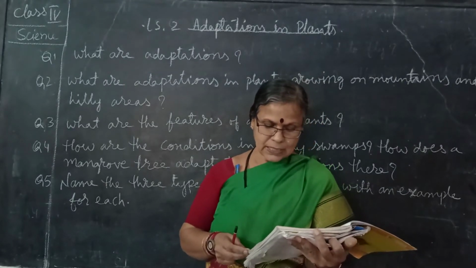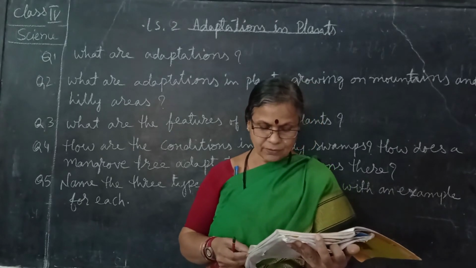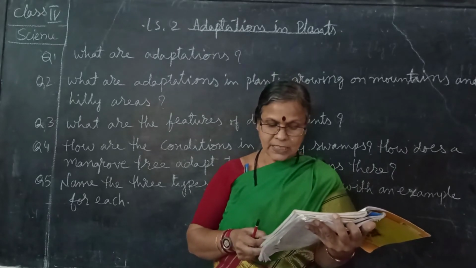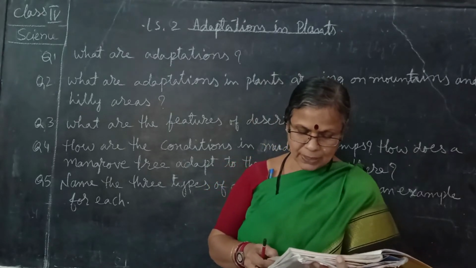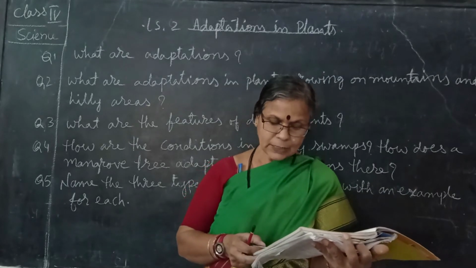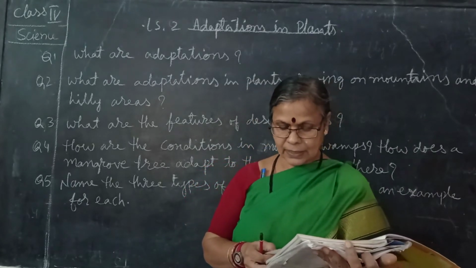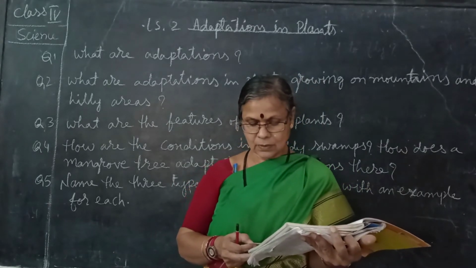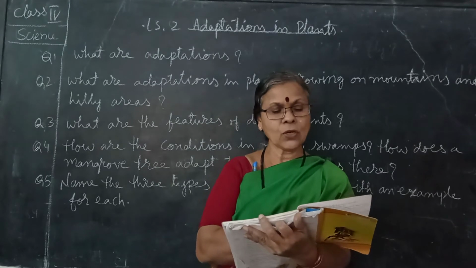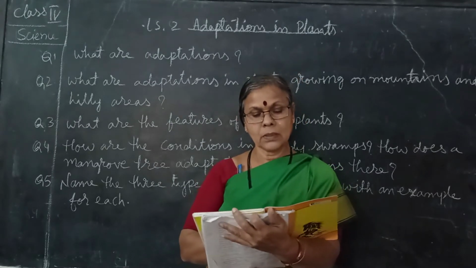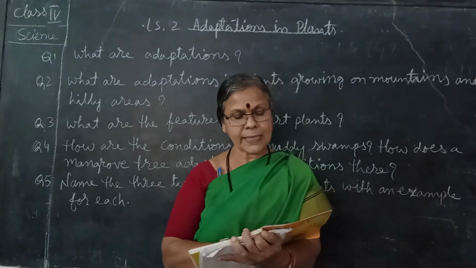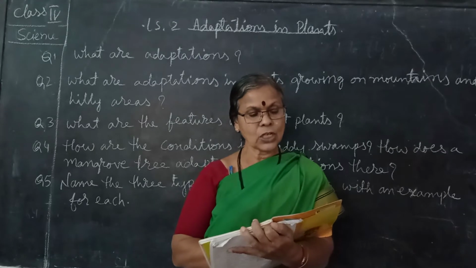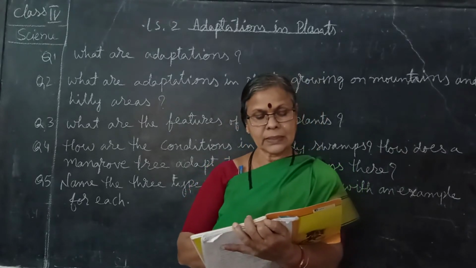The desert plants have special features that help them to live in very dry conditions. They are: 1. The spines prevent the loss of water from the plant surface. Second point, the stem is thick and fleshy because it stores water. The roots are long in order to help them reach out for the water deep in the ground. All these features help the plant store the little water it gets.